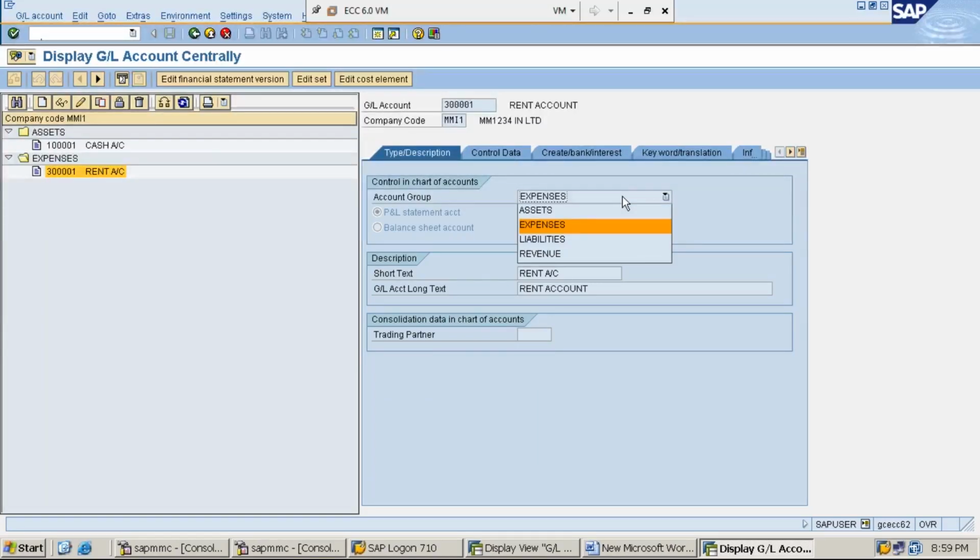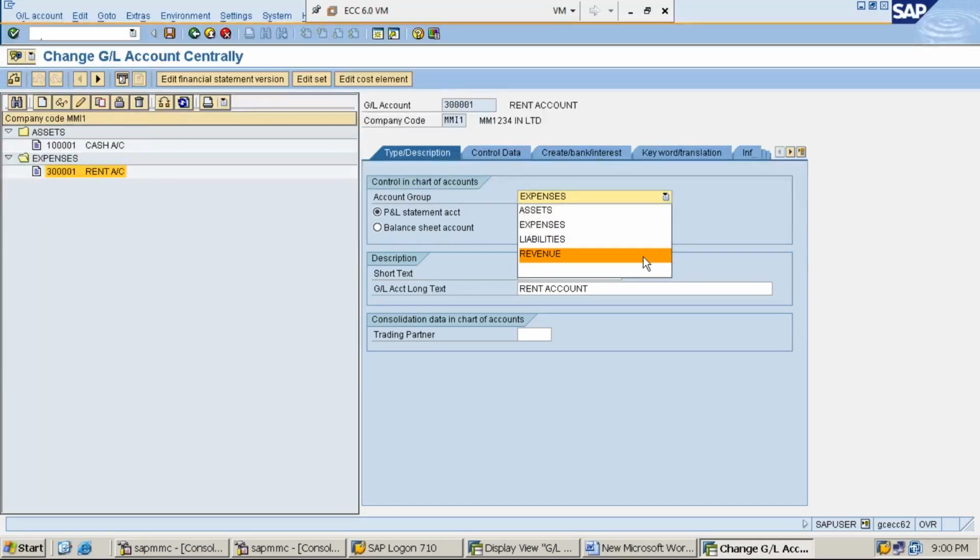Suppose what I am trying to do is show you something very important. I would like to edit the rent GL account. Rent is an expense, therefore we have selected the expense account group. If I select the revenue account group, will the system allow it or not?